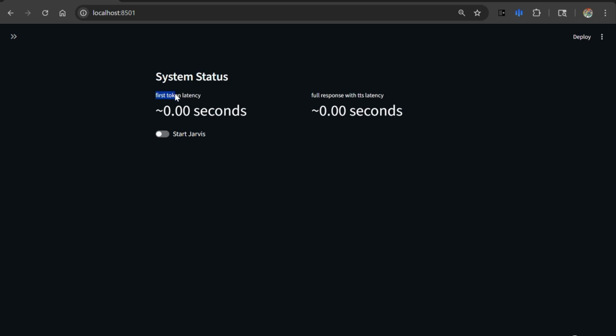What this means is how long it takes for the first word to come back from the AI after it finishes thinking. And this just means how long it takes to generate the entire response and convert it into speech. So let's just try it out. So if we toggle start Jarvis,